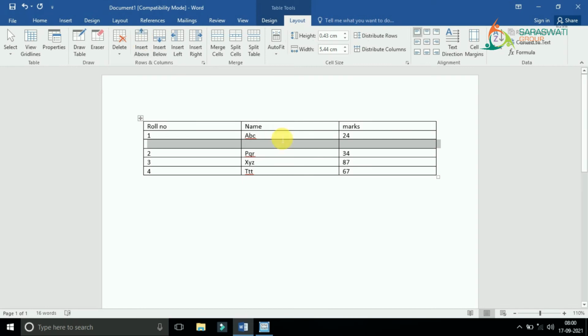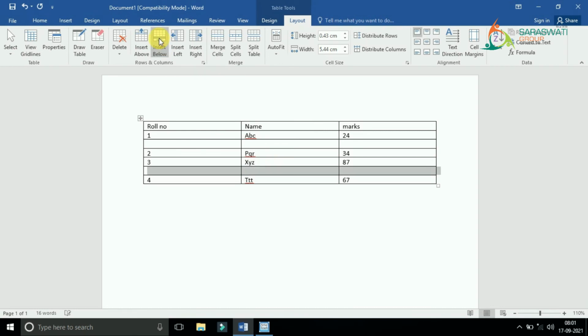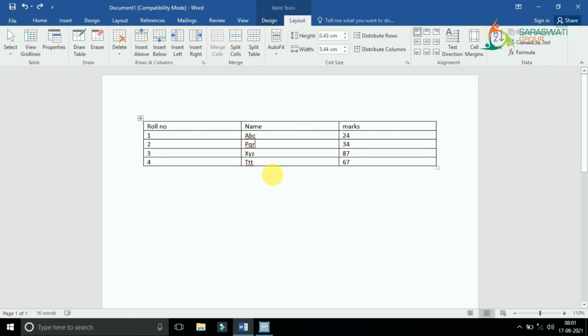Right. Now let me try that. I also want to insert one row after number 3, meaning below it. So what will I choose? Insert below. You can see that this was not the row first. Let me show it again. See, this is my table. I want to insert the row before number 2, above it. So now you will see that the row has been inserted.